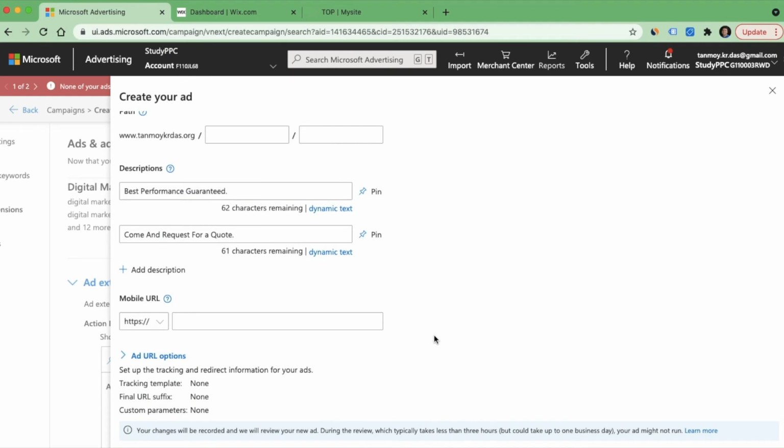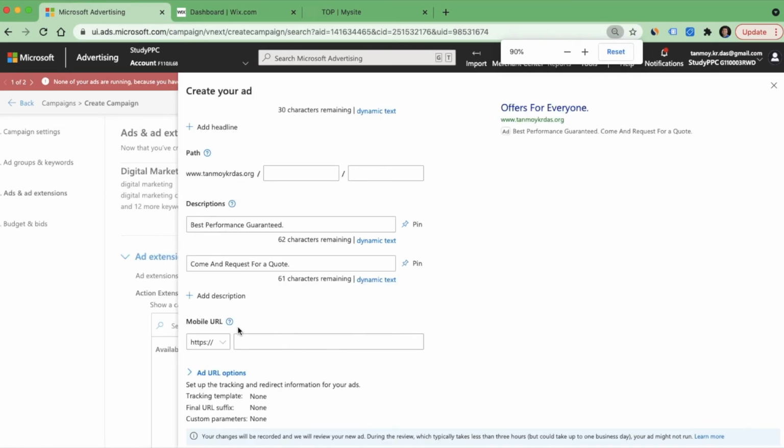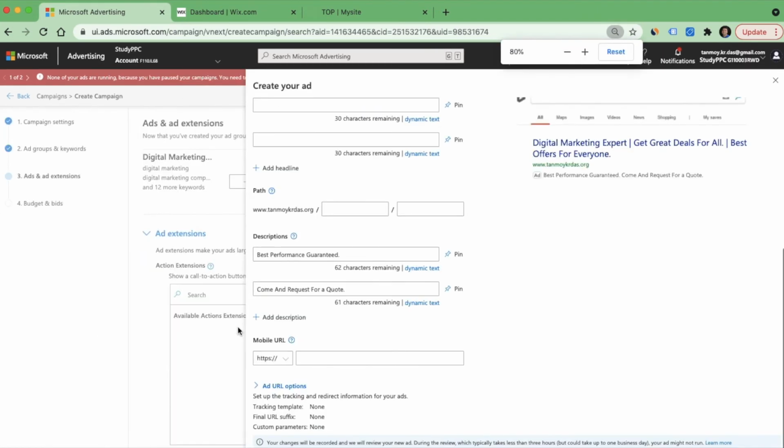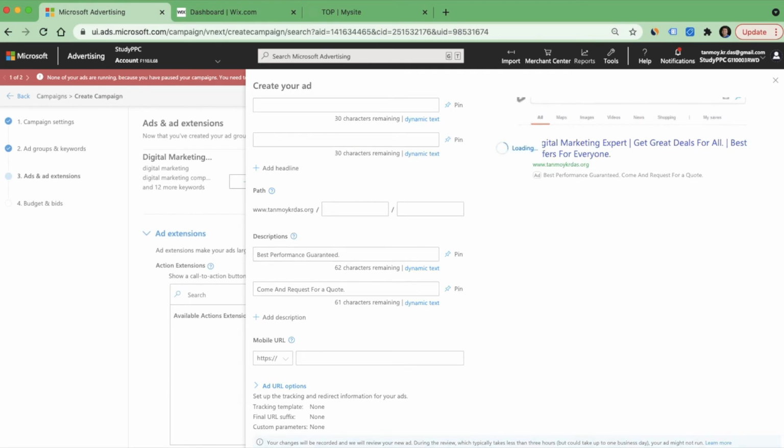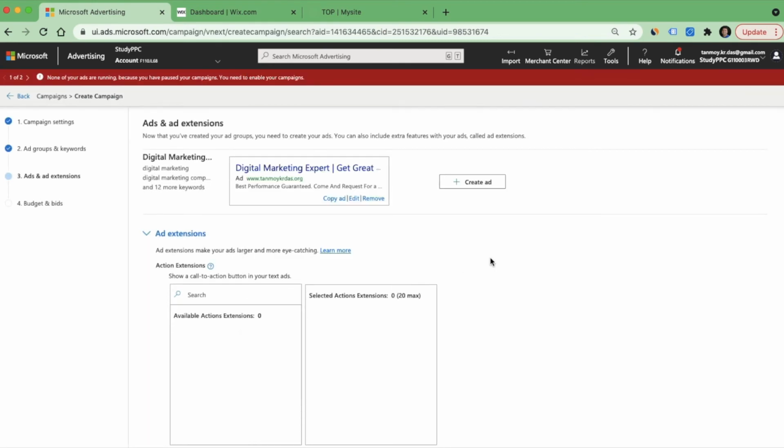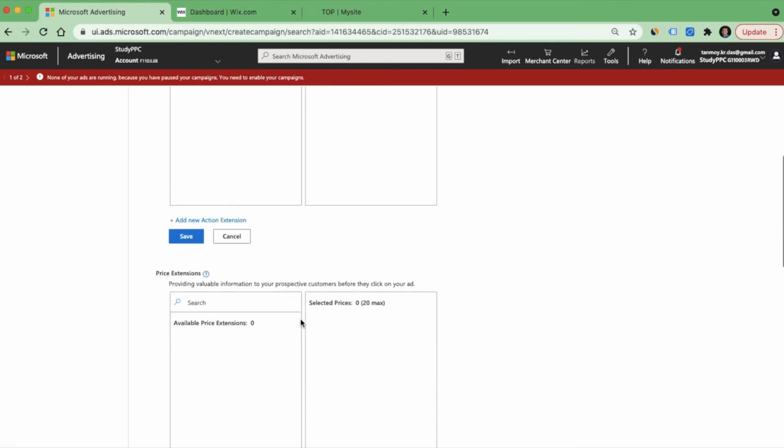Once the ad has been created, now you can go ahead and save this. From here, you can go ahead and save this. So now, as you can see, we have gone ahead and saved the ad.